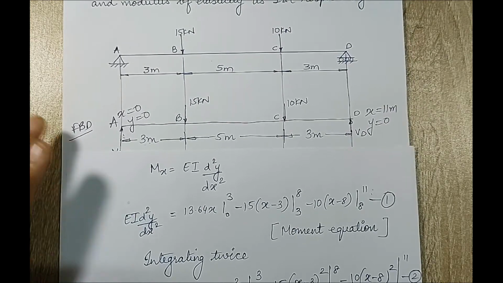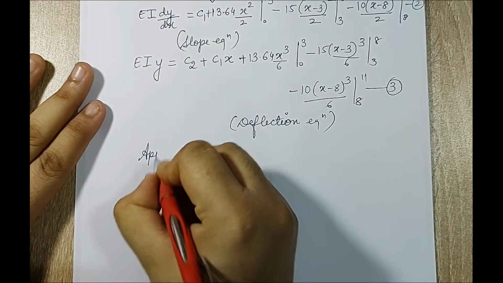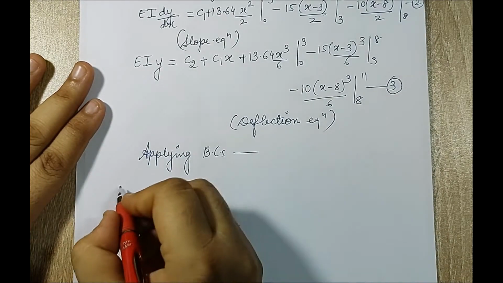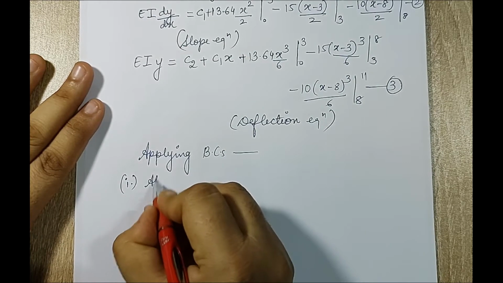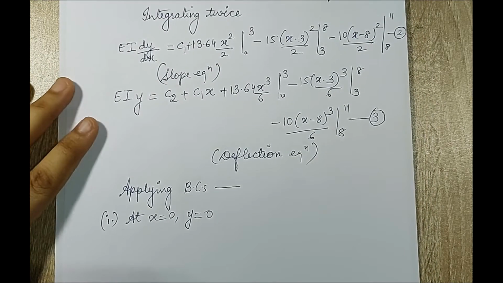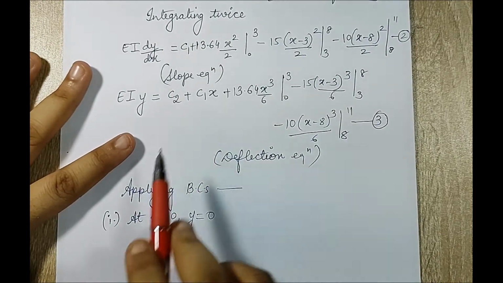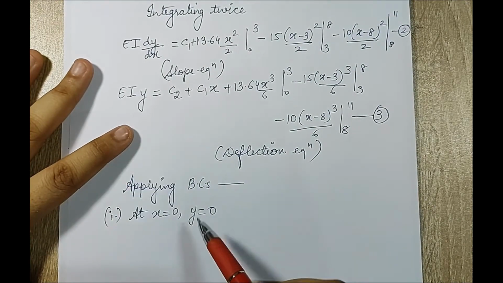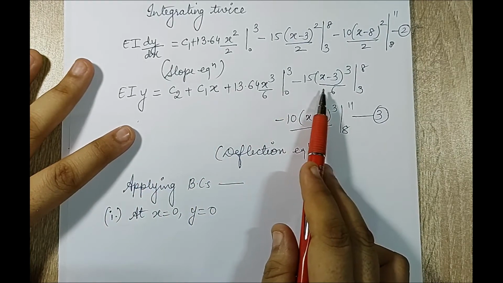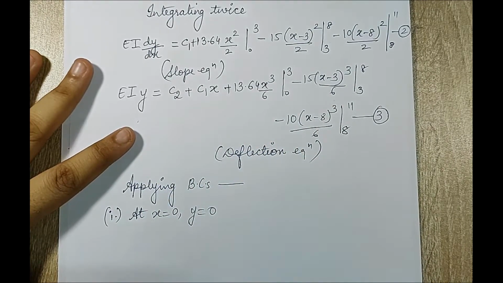So I have got two boundary conditions. So let's apply them. I'll write down applying boundary conditions. So when I apply the first boundary condition, at x equal to 0, I have y is 0. So I'm going to use this deflection equation for both boundary conditions, and I'm going to calculate the values of C2 and C1. So when I apply this, the left hand side will become 0, and on the right hand side x is 0, so all the terms are okay. So the left hand side is going to be 0. When I look at the right hand side, look carefully.